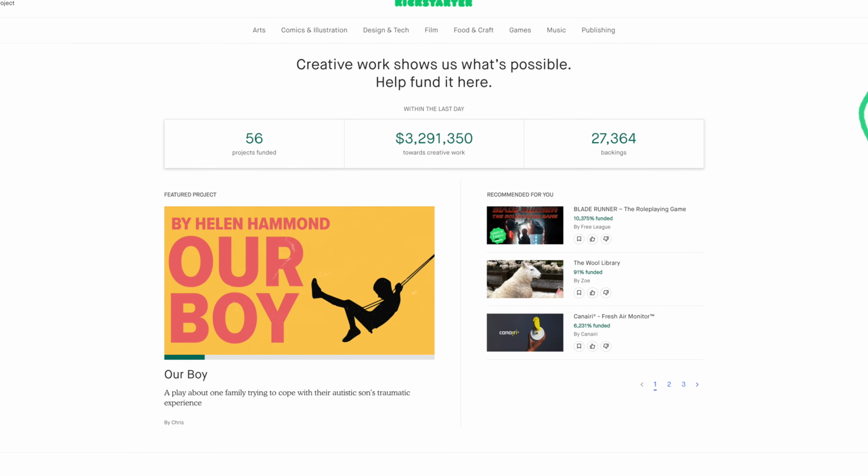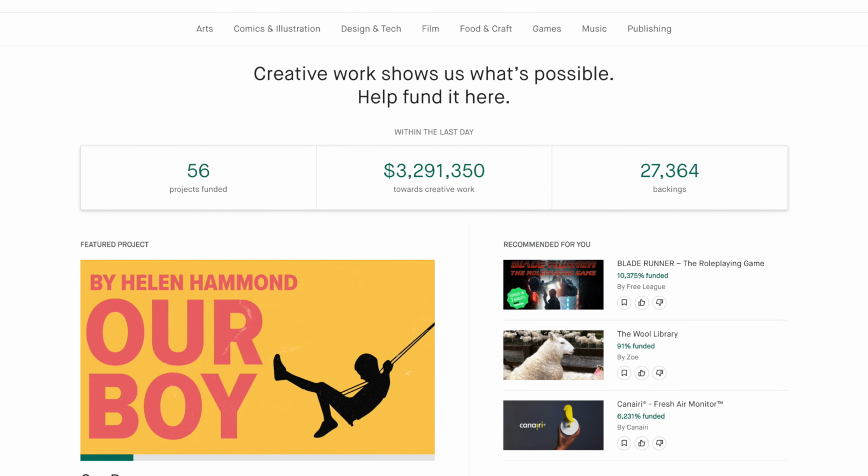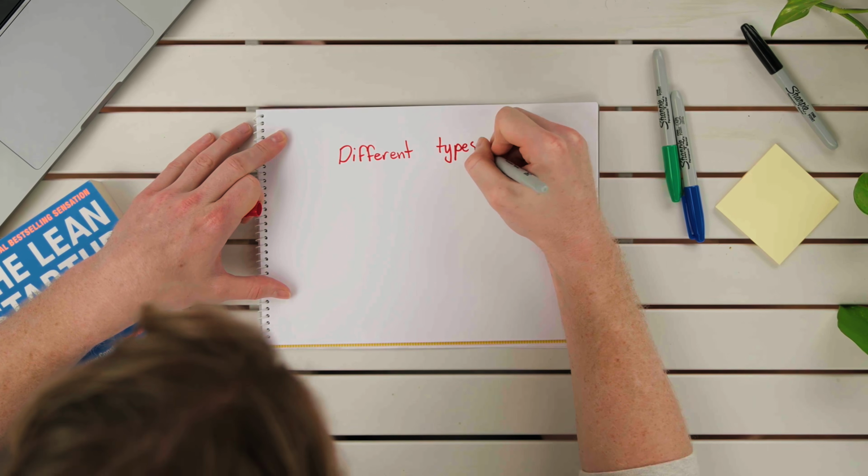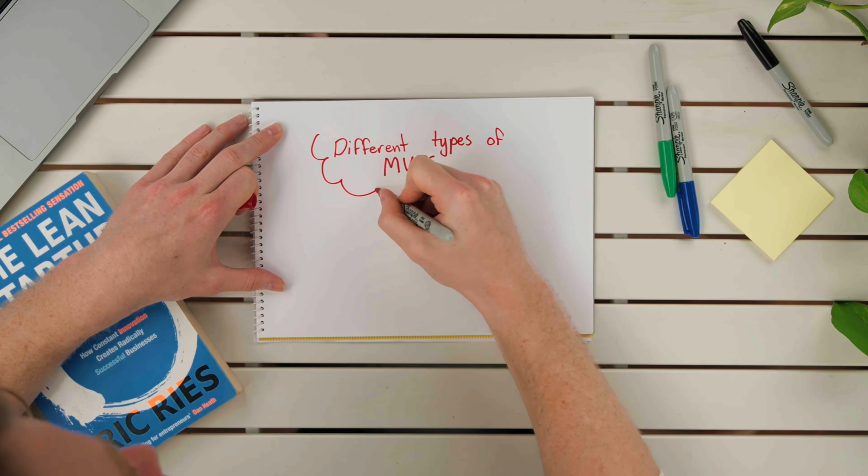The good news is, since Eric has written this book, there are so many better ways of testing MVPs. There's actually whole startups designed around it. For example, Kickstarter is a great way to test your physical and digital products. Or if you need to test your SaaS product, you can create a simple landing page and run digital ads very, very easily. If you're struggling to conceptualize what your MVP should be, you're gonna love this next takeaway.